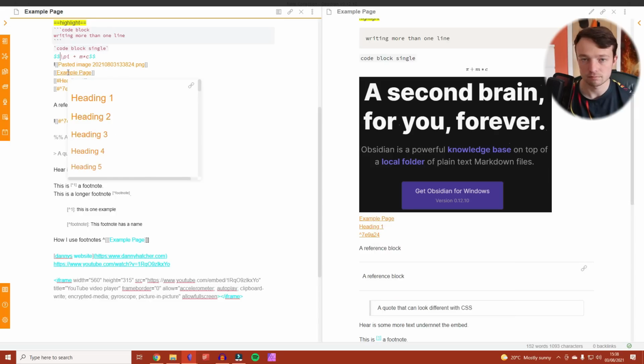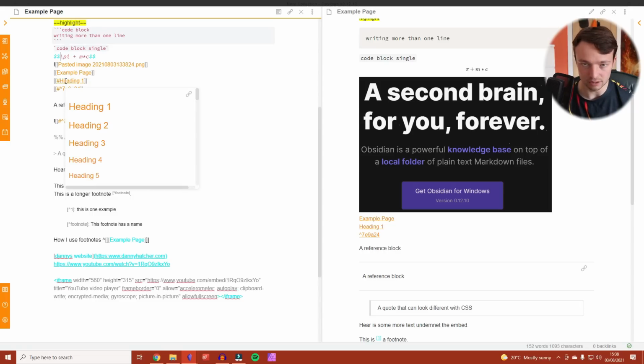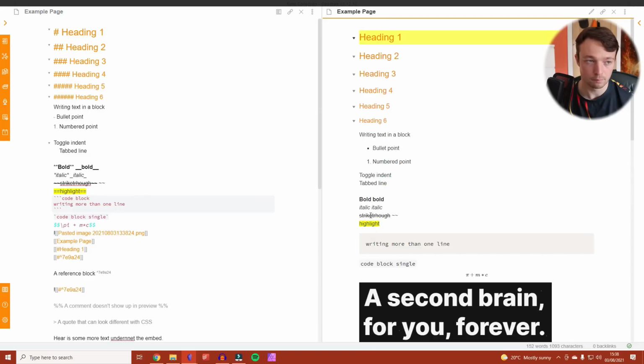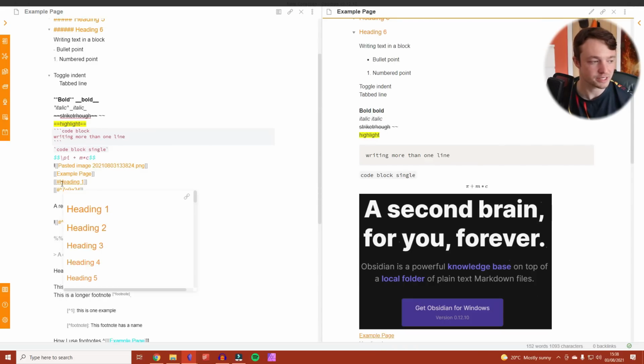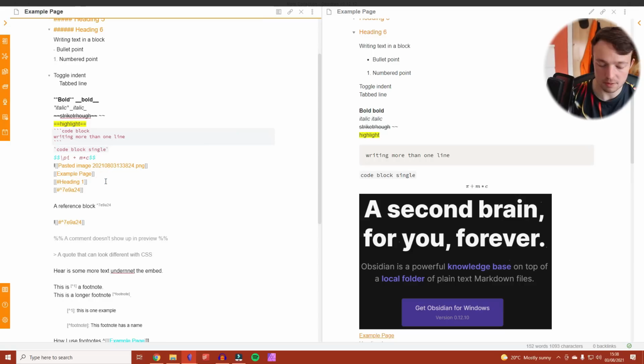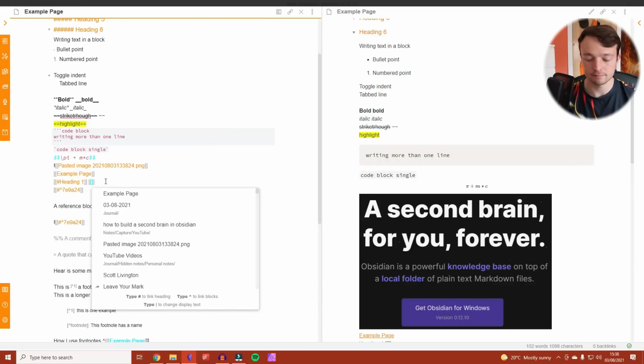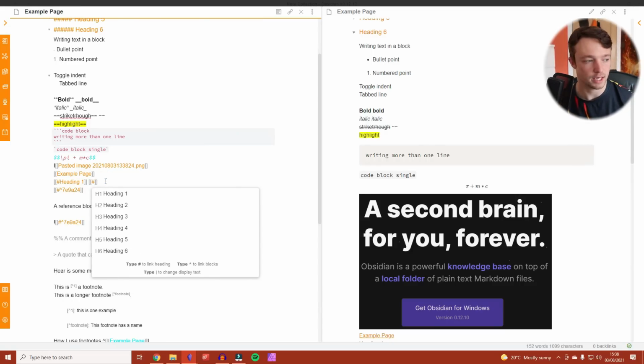So this is a backlink, like I was saying earlier, and this is the same page inside of itself. This, however, is a link to a heading block. So if I click on this link, boom, it takes me up to heading. And the difference here is it's a hash link. So if I want to make that again, I go bracket, bracket, hash,